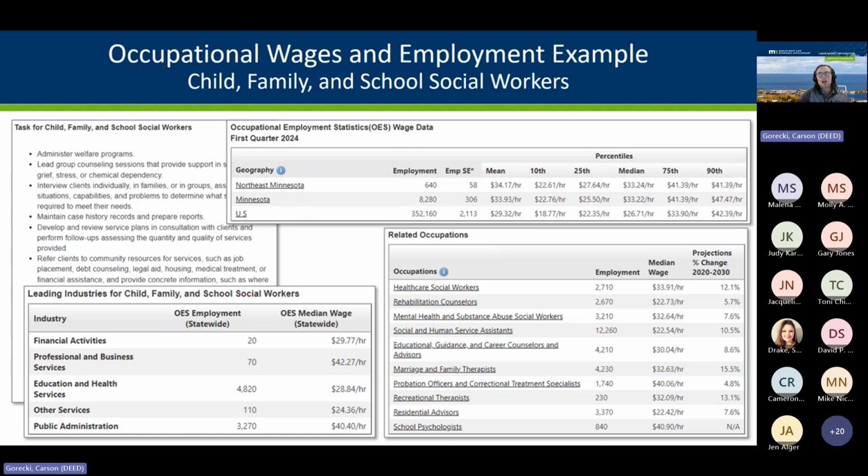Most child, family, and school social workers are in education and health services, not a surprise, but you also have a bunch in public administration. And the wage difference between those two is actually pretty significant. So that would be something interesting for folks to know. All right, so with that,